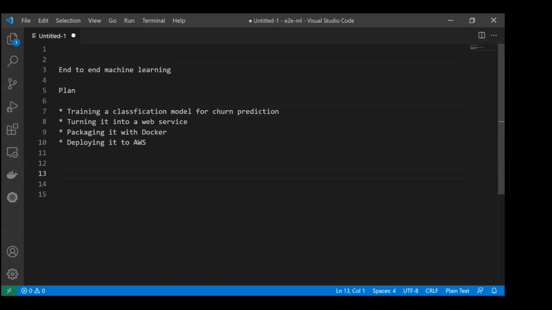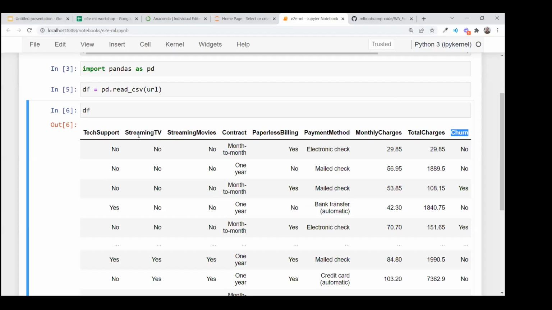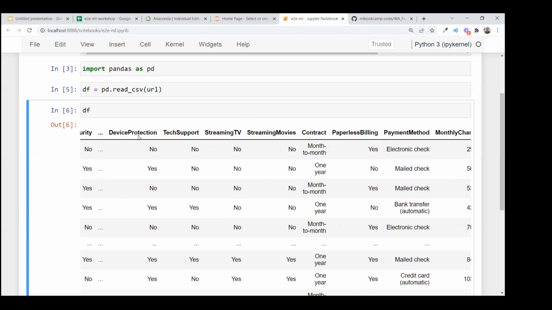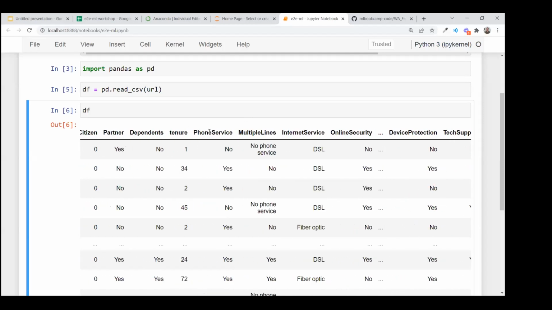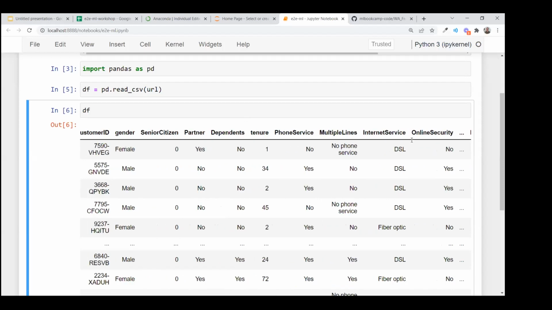For machine learning, we have two things that we put into a machine learning model. We have one, capital X. This is a matrix. These are all the features. These are all the characteristics we know about the users, about the customers, like gender and so on, everything except churn. So these are features.